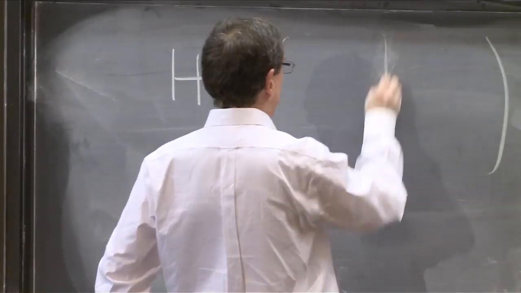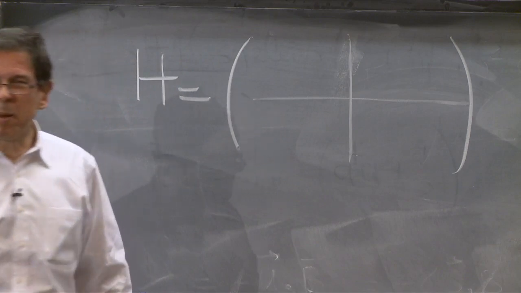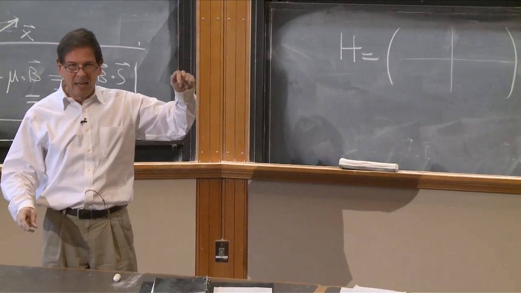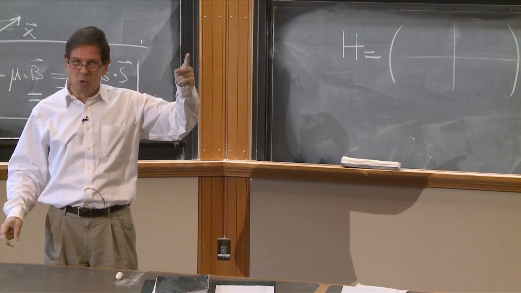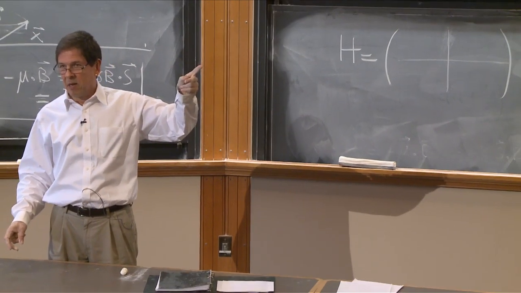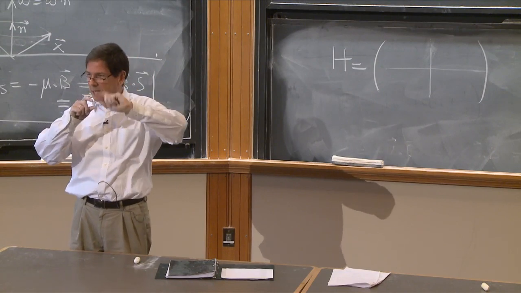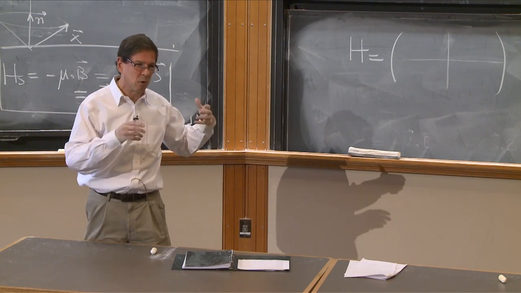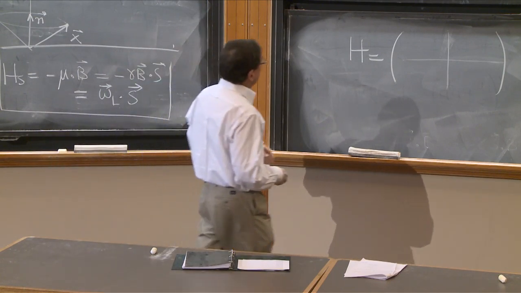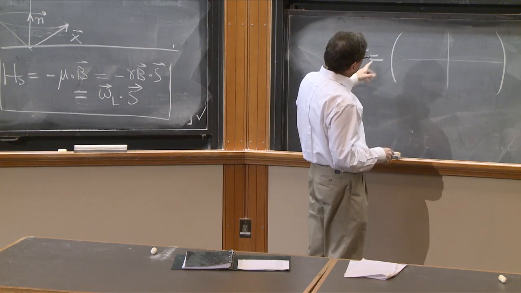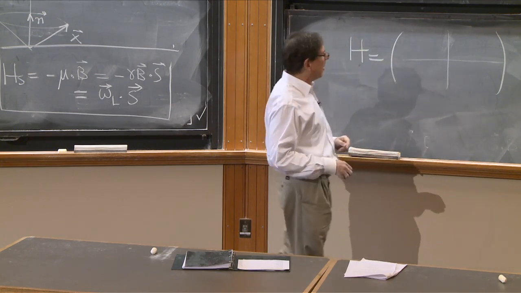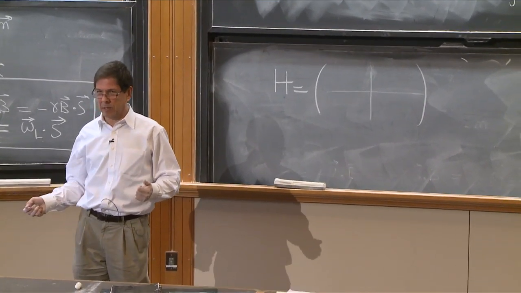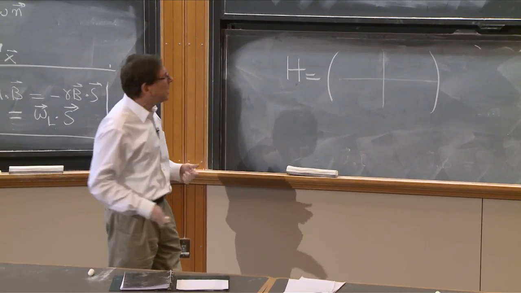How can it be? Well, a two-state system, remember, is a word. It really means a system with two basis states. Now, once you have two basis states, the plus and the minus, you have infinitely many states, of course. But a two-state system is two basis states. And therefore, the Hamiltonian in these two basis states is a 2x2 matrix. And it's a 2x2 Hermitian matrix. So there's not too much it can be.